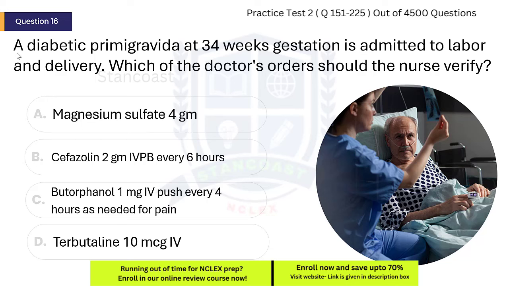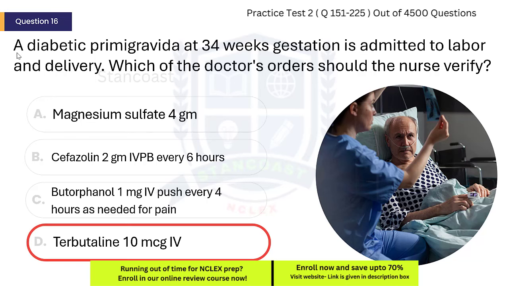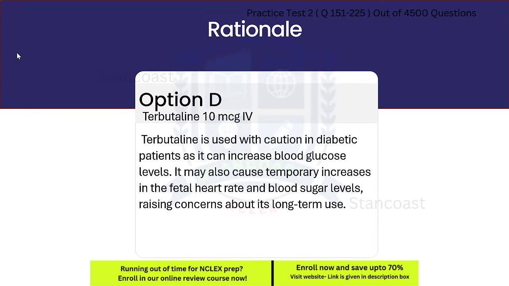The correct answer is D. Terbutaline 10 micrograms intravenous. Terbutaline is used with caution in diabetic patients as it can increase blood glucose levels. It may also cause temporary increases in the fetal heart rate and blood sugar levels, raising concerns about its long-term